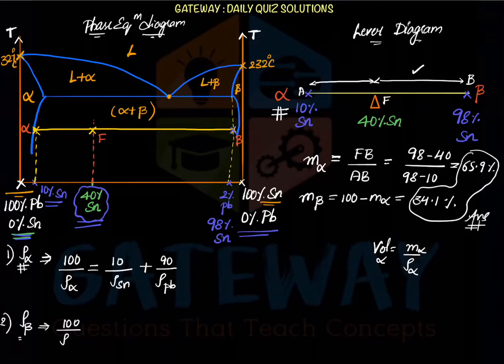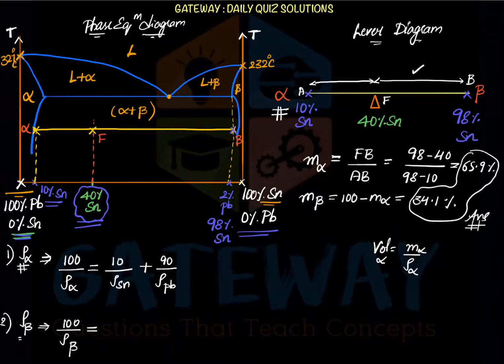Same for rho beta we can take, but here we can't apply 100 minus rho beta or 1 minus rho beta, because density fraction is not equal to 1. And 100 upon rho beta is equal to, at beta, when we are taking the beta condition, towards the right end, it is given that 2% of Pb is in 98% of Sn at that given 100 degrees centigrade. So all of this is at 100 degrees centigrade, whatever we are calculating, rho alpha, rho beta. As temperature changes, this density also keeps on changing. Even the mass fraction also will keep on changing, right? All the parameters we are calculating are at 100 degrees centigrade.